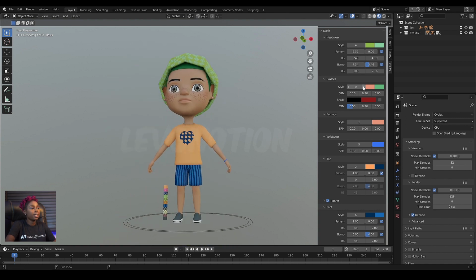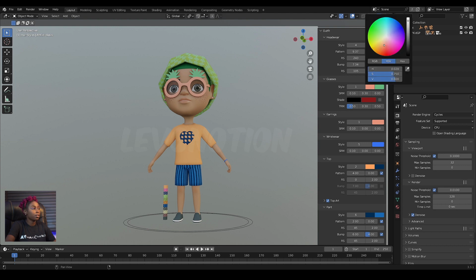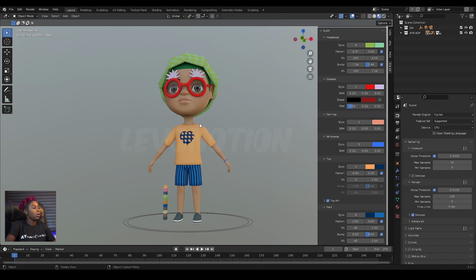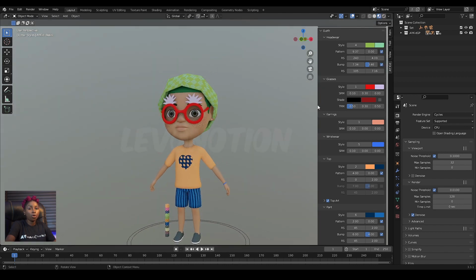So the glasses is different. The glasses has two colors. For instance, it has color 1 and color 2. Not all have these two colors. Like this, okay, this has it, or some has only one color.